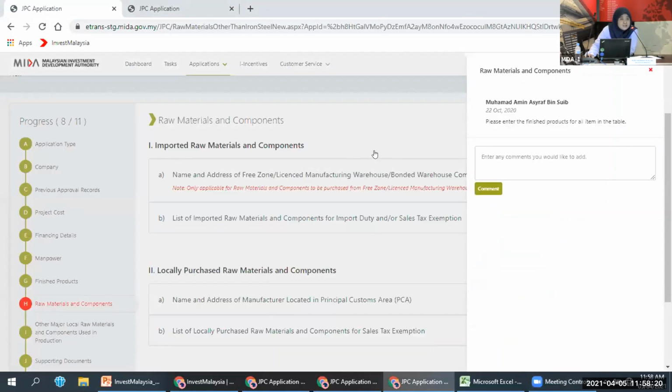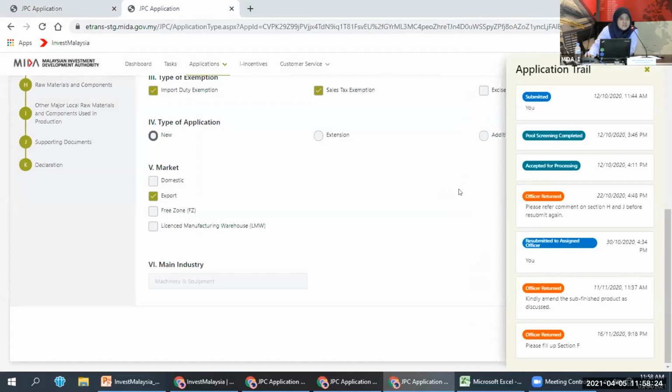Okay, this is on the application trail. This is an example of the application trail. The application trail is the log of your application from the submission until the completion.